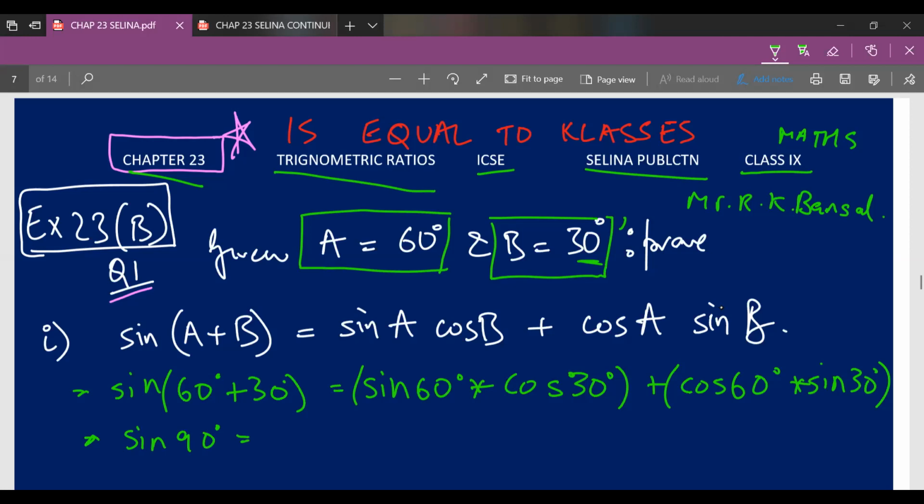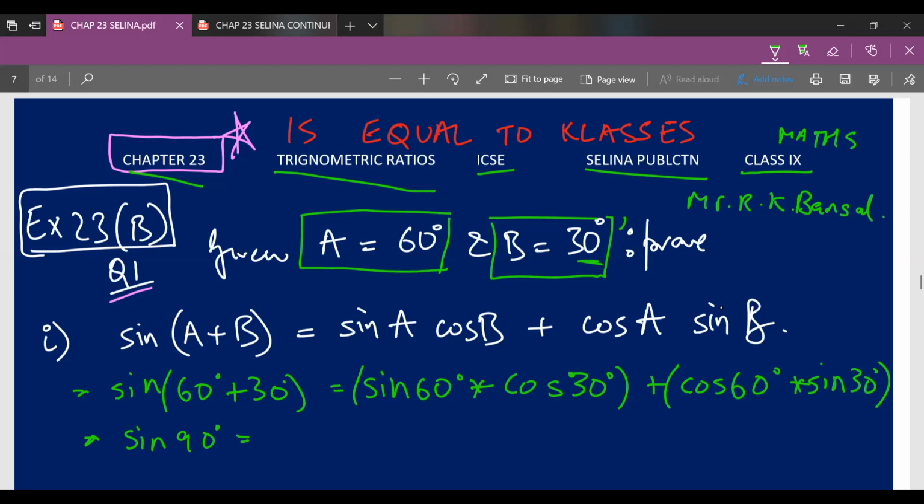Now what sine 60 degree basically means is that, and a note to the viewers, there's a concept called magic triangles. What they are, what they do, why they are significant, and what their purpose is. You could see those videos, and their link is given in the description below. So see those videos first, then come to this video, because in this video we'll refer to magic triangles a lot.